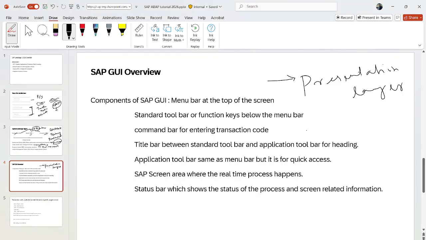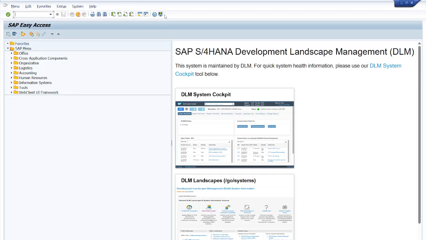Next, the standard toolbar or function keys below the menu bar. If we go back to our screen, this is your standard toolbar. What are the available options here? This is your print option, and this is your search option. If you want to find any specific number or anything, you can find it with this. It is find, find next. This is your first page, your previous page, your last page. This is your new GUI window. If we click on this new GUI window,